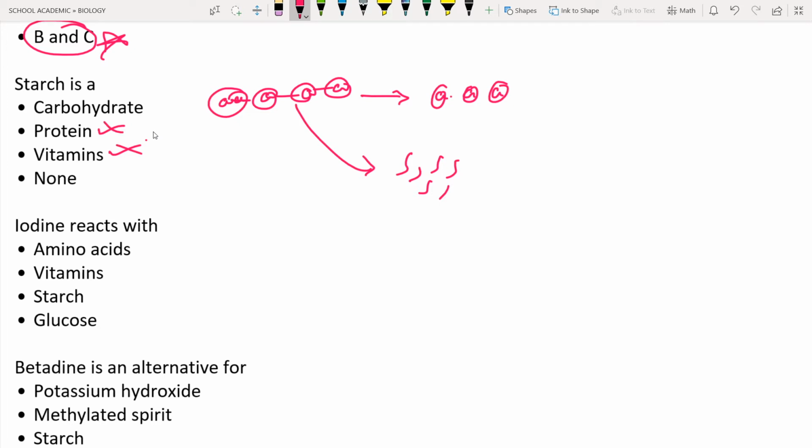Protein is also not the correct option. So it is saying that none. We have to go for the fourth option later. First, we have to see whether the starch is carbohydrate or not. So what is starch? Starch is nothing but a chain of glucose molecules. These glucose molecules are nothing but carbohydrates. So hence the correct option for the starch is that it is a carbohydrate. So you can go for the first option, this is the correct option.